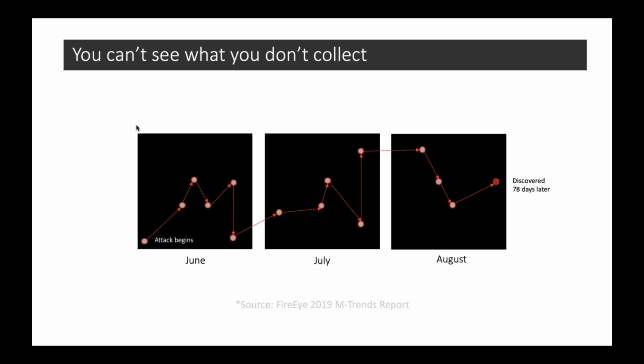So I like to show this diagram here because I think it drives home an important point, which is that the Hollywood breaches that are all special effects driven make it look like hacks happen in a matter of seconds. The reality is that typically sophisticated breaches are measured in months, not minutes. It's a very slow, deliberate process where an adversary is exploring and moving across systems deliberately, trying to avoid detection, trying to go low and slow as they break into systems and accounts and credentials. And this particular stat comes from the FireEye 2019 Trends Report. It says the average adversary dwell time, the amount of time they go undetected in your environment, is nearly 3